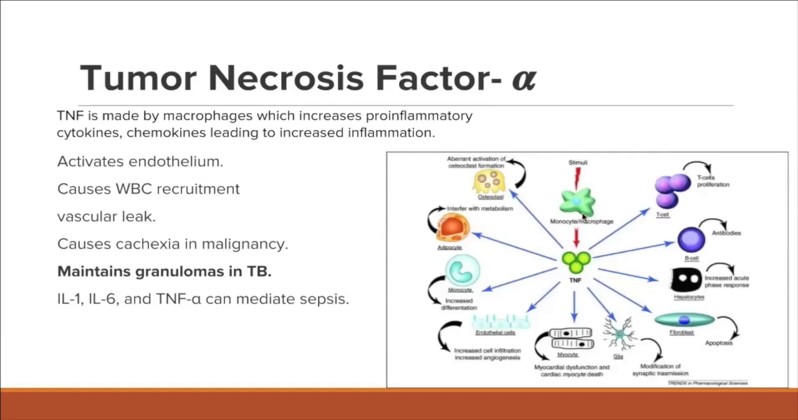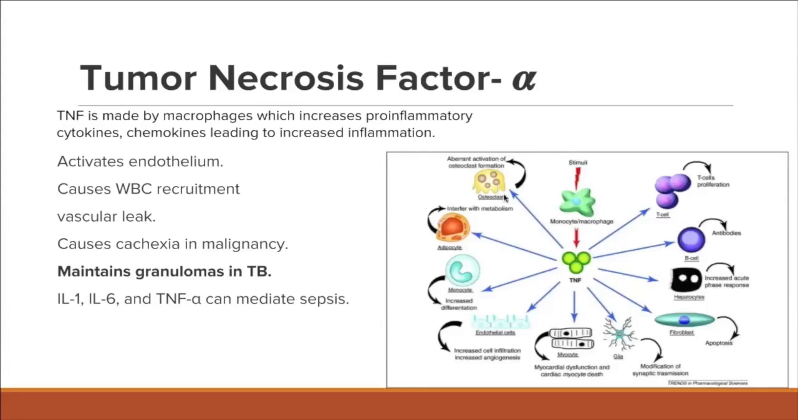So here, you can see a stimulus-activated monocyte or macrophage, and then it produces tumor necrosis factor alpha. However, it has a lot of effects on different parts of the body. First of all, it has effects on osteoclasts in the bone, which lead to aberrant activation of osteoclast formation. Well, you remember, osteoclast activity causes breakdown of bone. If this happens in the joint, it's going to cause you to have increased bone resorption, joint space narrowing, causing